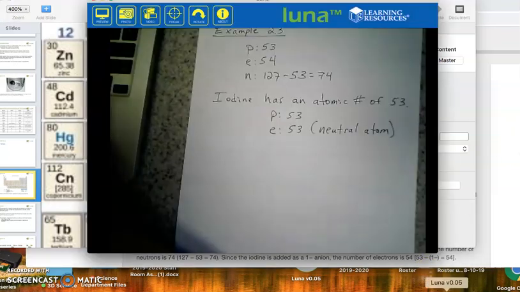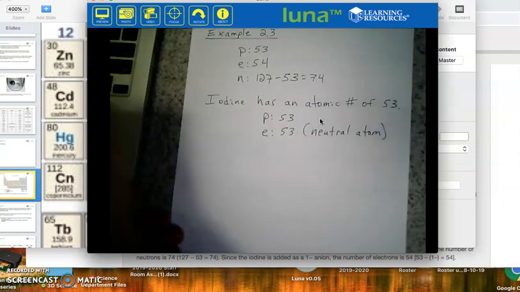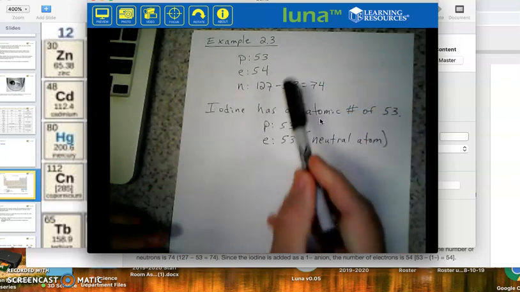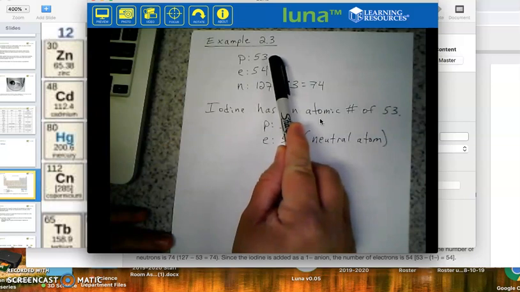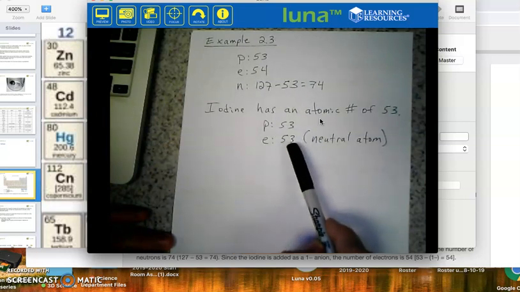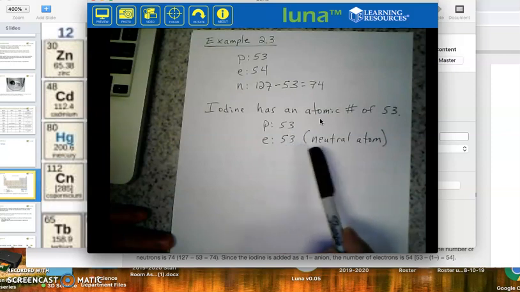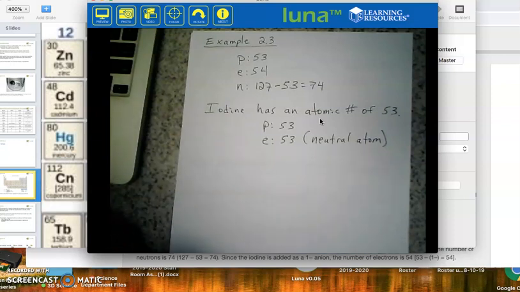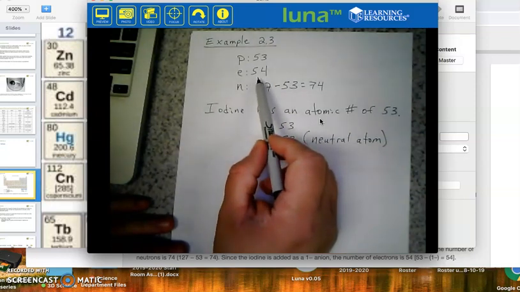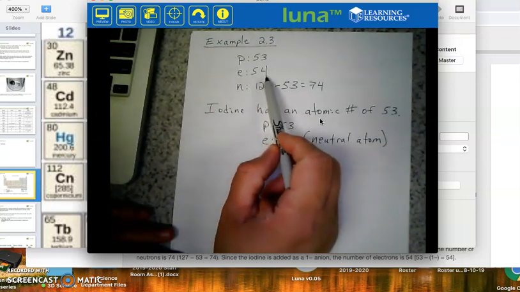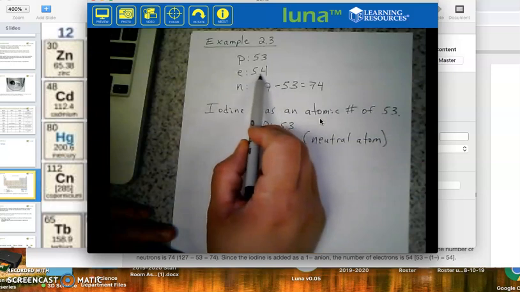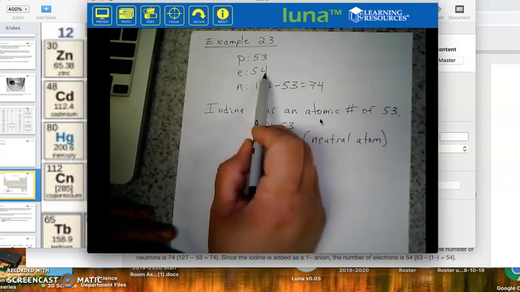So since it has an atomic number of 53, then the number of protons for iodine should be 53. It should also have 53 electrons if it's a neutral atom. But remember that they said this iodine ion is going to have a -1 charge. It's an anion with a -1 charge. So it doesn't have 53 electrons, it has 54. Because remember, we're adding electrons, even though it says 1-,